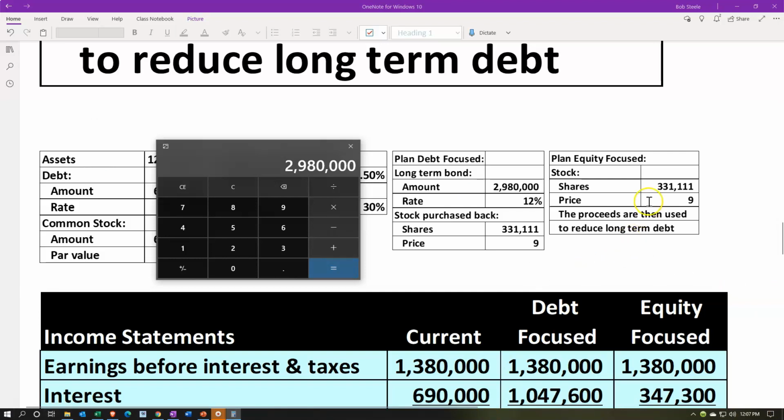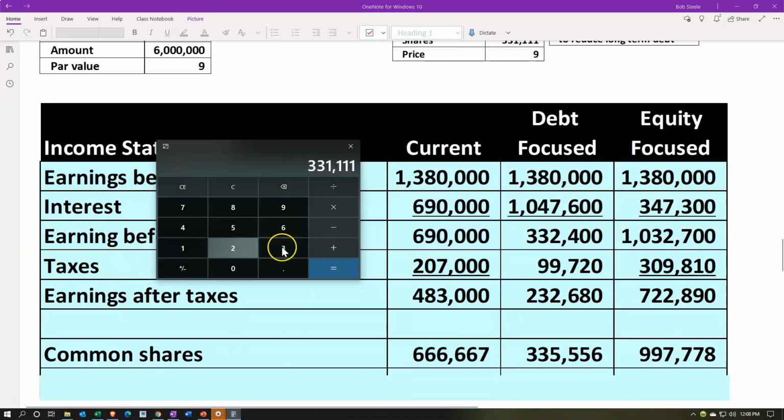So we issued those shares out. So now we issued these 331,111 about. So 331,111 plus the 666,667 is going to give us about the 997,778. So now, even though we have a lot more income over here on the equity plan, we have to